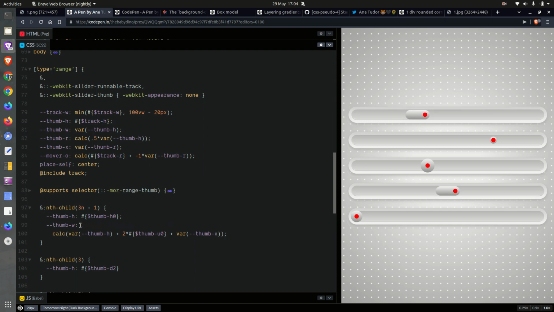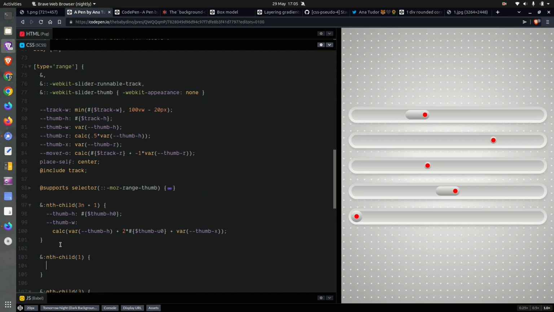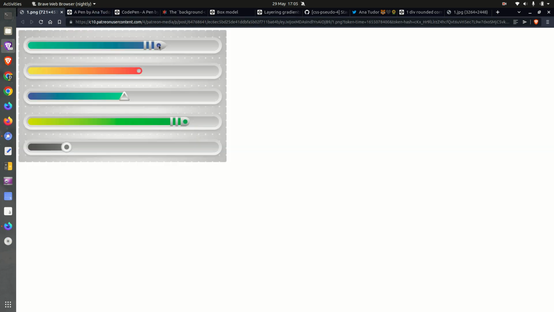Okay, so now for the first one, nth child 1, right, that thumb X offset is going to be the thumb height. So that's the only one where that dot there is further away from the right edge. Okay, so having done this,